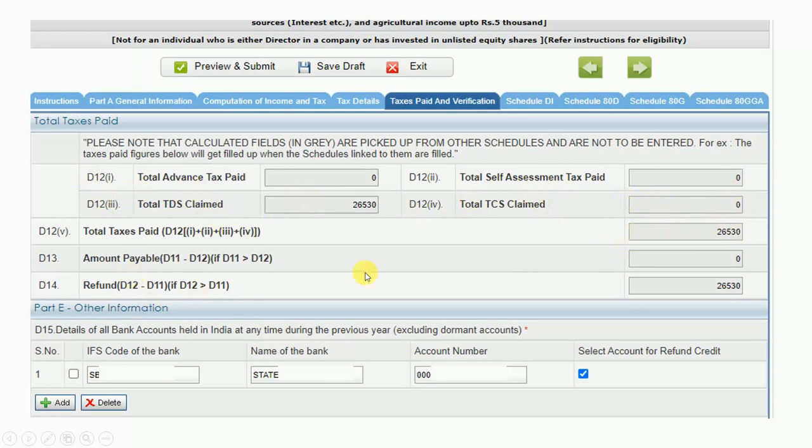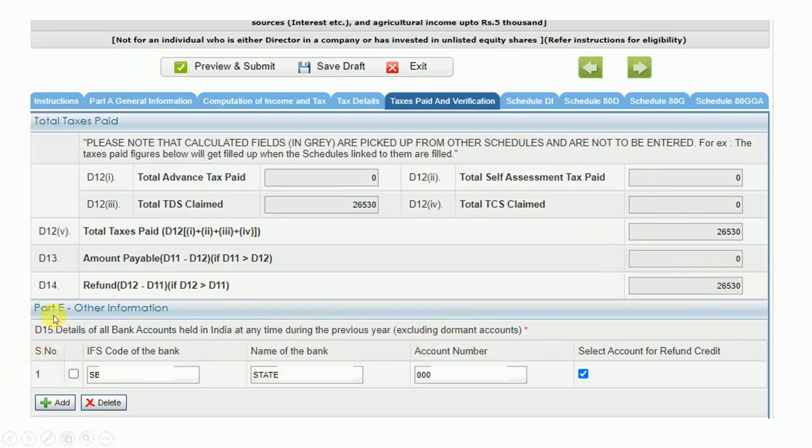Apart from that, at the end of this IT return computation, if you have to pay any tax, that amount will show here, amount payable. Once after the computation and whatever amount you paid till this row, that is D12, still if you have to pay any tax amount, that amount will display here. Or based on the IT return, if any refund amount, that will show here. This refund amount will be processed by the IT department and it will be credited to your bank account.